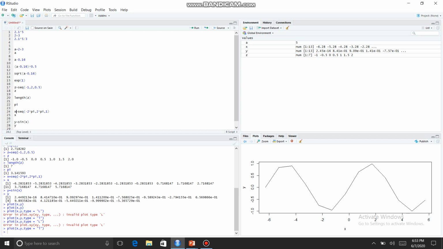With the help of seq we created vectors. We have seen how to plot a graph using simple vectors. In the next tutorial we will learn how to create vectors in other ways.